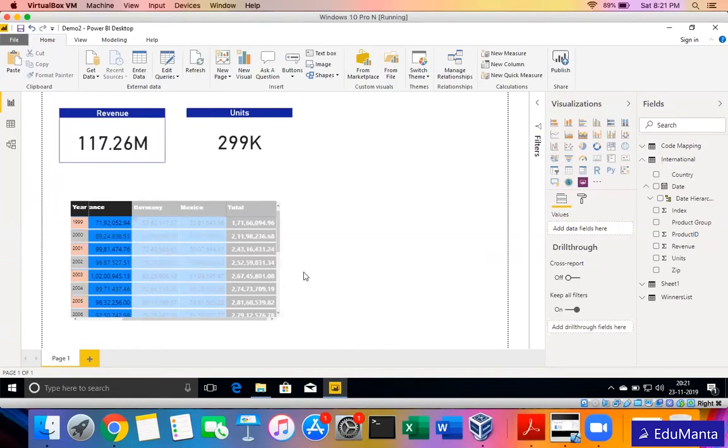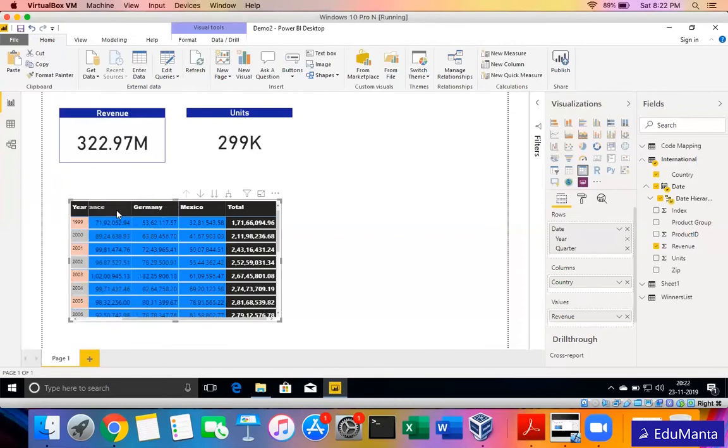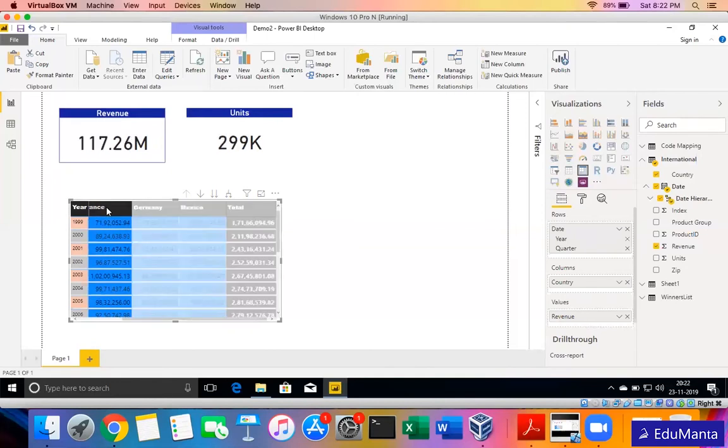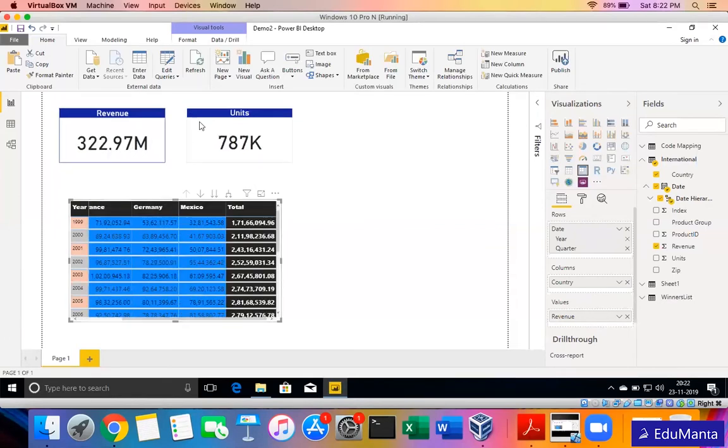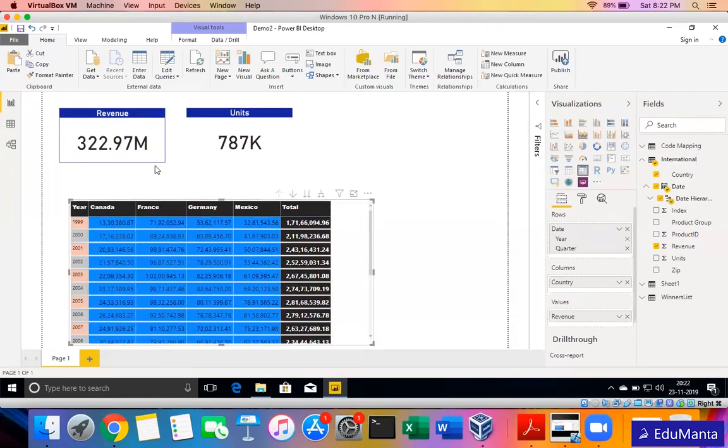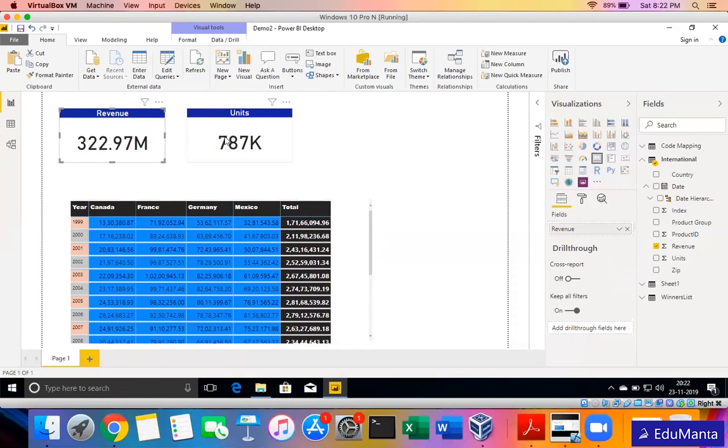And again, this number will change based on the selection. For example, you see right now it is 322. I select only France here, it changes to 117. Maybe I change the selection to Germany, it will change to something else. So these visuals are interacting with each other. Depending on what I have selected on the page, it is just giving me the summarized number on the top. Now, suppose this is how we are using this card. It is used just to display a single field amount or whatever measure you want to.